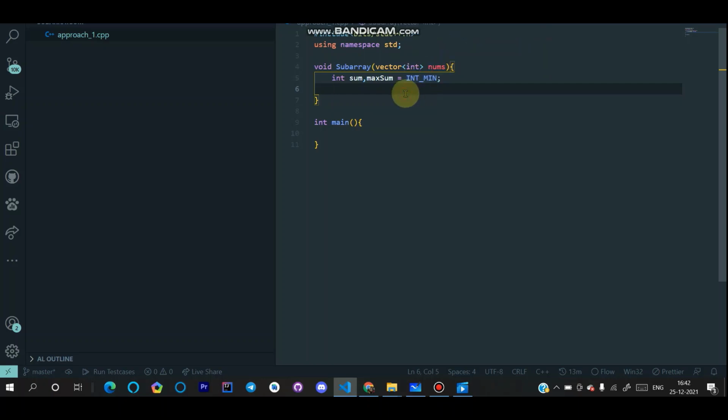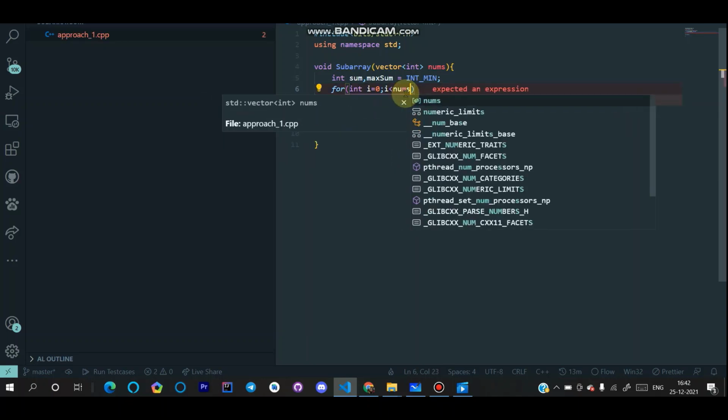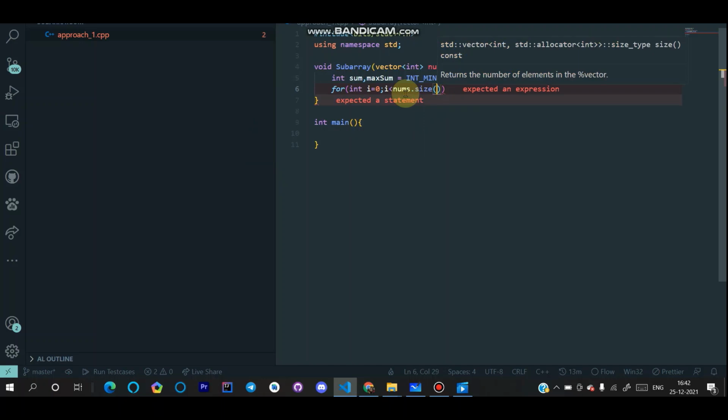We store the least minimum value of integer in the maximum variable. Okay, then we declare a loop, first loop for traversing the array, int i equals 0, i less than or equal to nums.size, i plus plus.